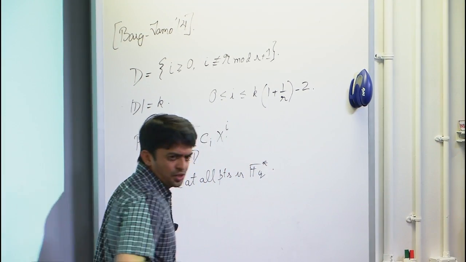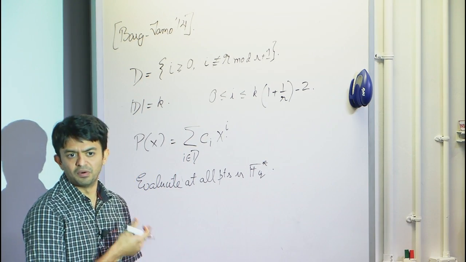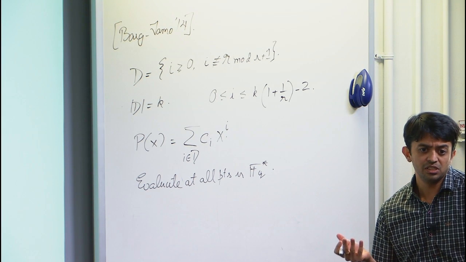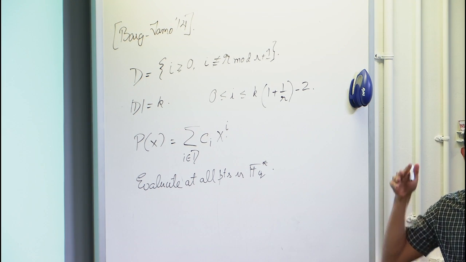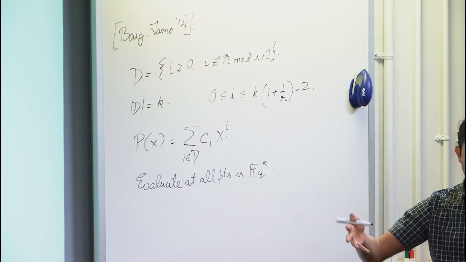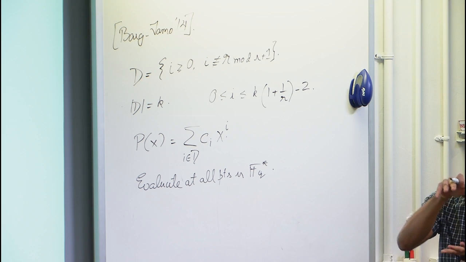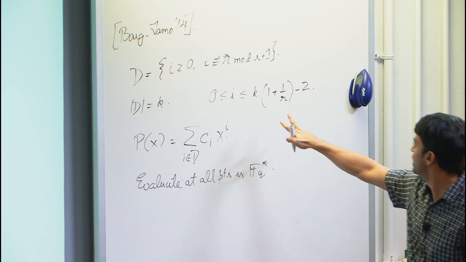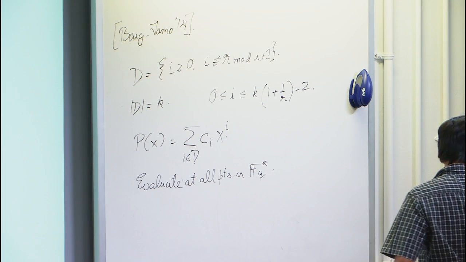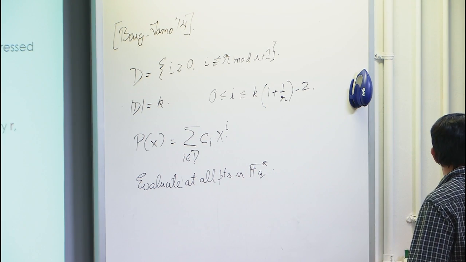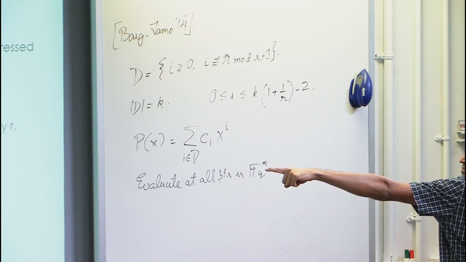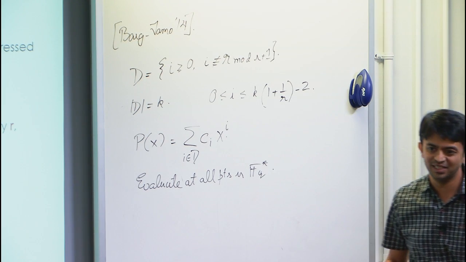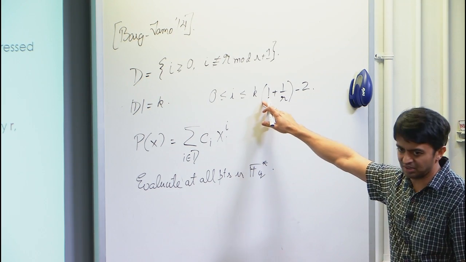And now, just use the standard. If you want to bound the distance and the locality of this code, the distance bound will just be the standard bound for Reed-Solomon codes, that you have a polynomial of certain degree. It can have at most degree many zeros, so n minus degree many non-zeros. N minus this number, by sheer coincidence, happens to be that number I have written over here. You just move d over to the other side, you'll get n minus this quantity, and